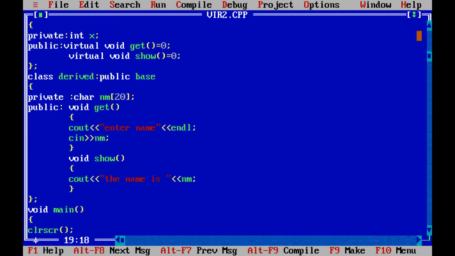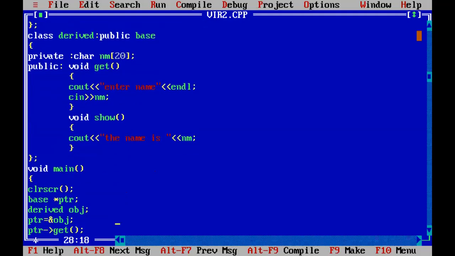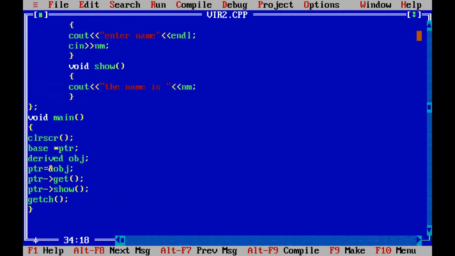So in the derived class, we have simply asked the user to enter his name, and then it is printed. And since we haven't used any body in the base class, we haven't declared any object of the base class. We have simply declared an object of the derived class. And then again, with the help of the pointer variable, because for a class that contains a virtual function we have to create a pointer variable of that particular class. So here we have declared the virtual function in the base class, so the pointer variable is also of the base class. So now with the help of this pointer variable, we have called both the functions get and show.